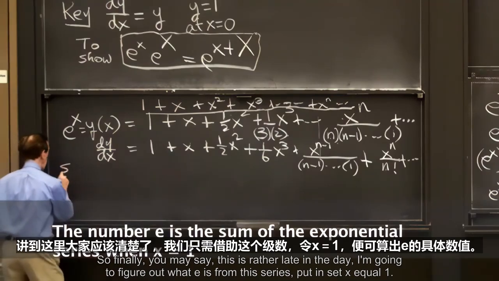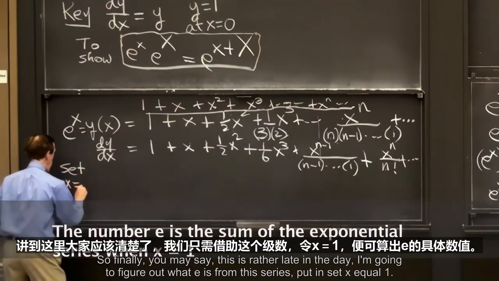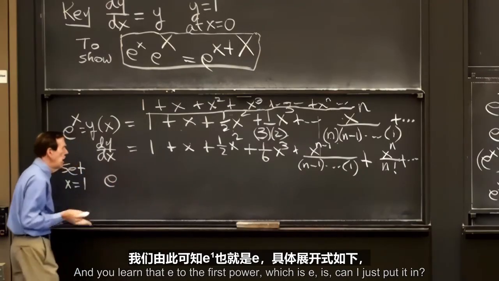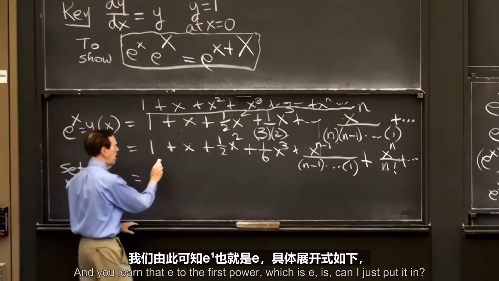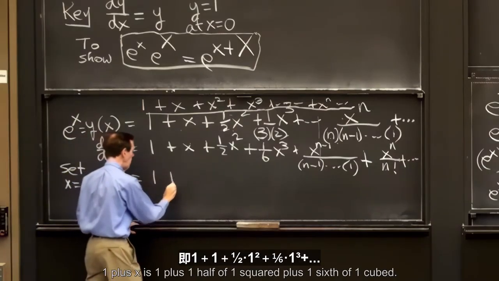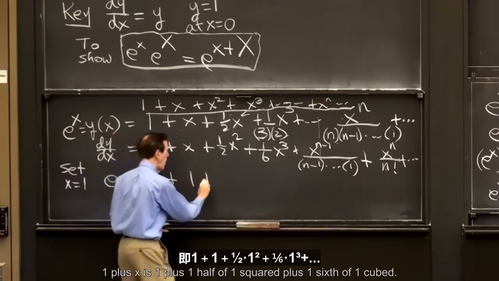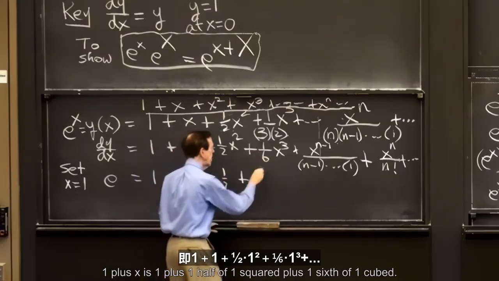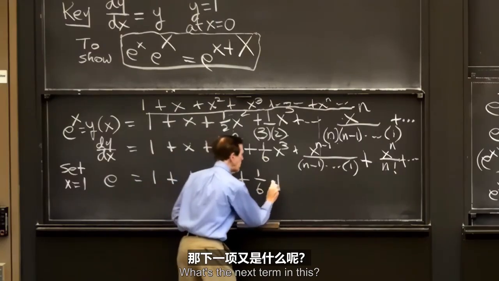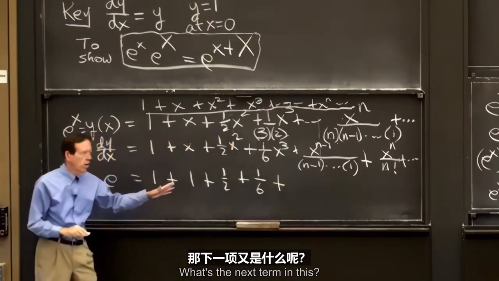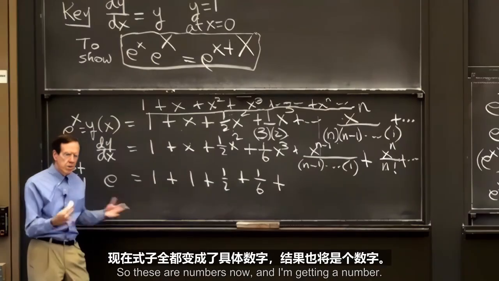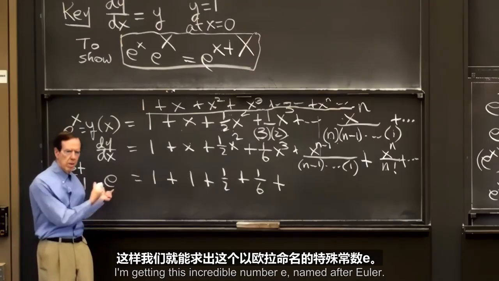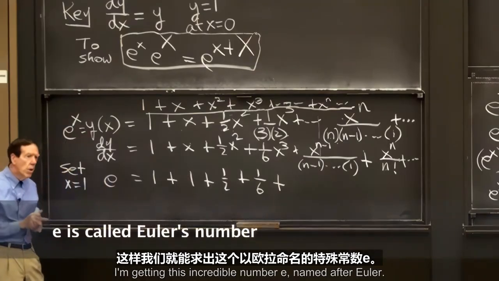Set x equal 1, and you learn that e to the first power, which is e, is, can I just put it in? 1 plus, x is 1, plus 1/2 of 1 squared plus 1/6 of 1 cubed. What's the next term in this? So these are numbers now, and I'm getting a number. I'm getting this incredible number e,